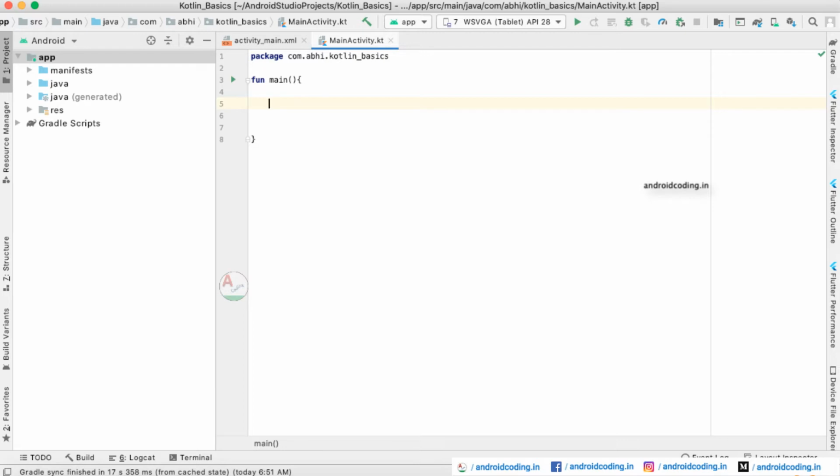And here today we will be dealing with the variables declaration in Kotlin. In Java and any other programming languages, we need to specify the data type for the variable. So in Java, when we are dealing with Android programming, we need to specify a variable as a string or an integer or a boolean depending upon the requirement.